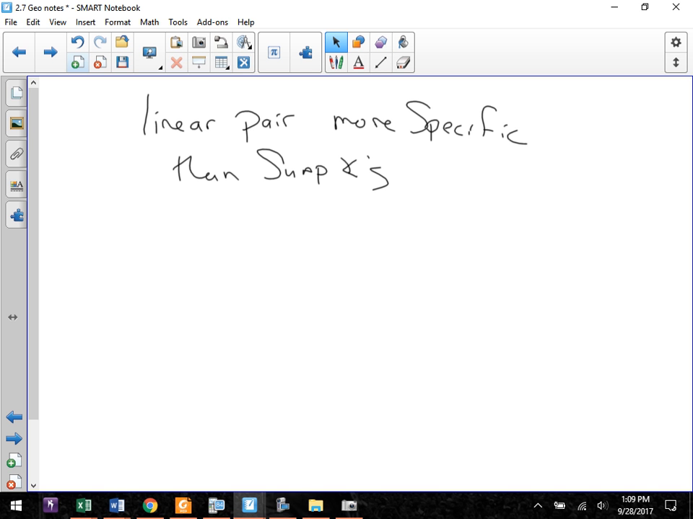What makes linear pair more specific? Yes, sir. Right. I don't know if you guys heard, but linear pair has the word line in it, which means that there's a pair of angles that make a line. Supplementary just means it can be anywhere. Okay? Linear pair